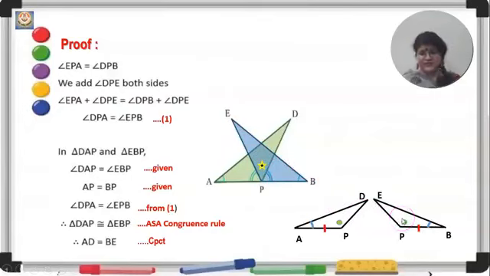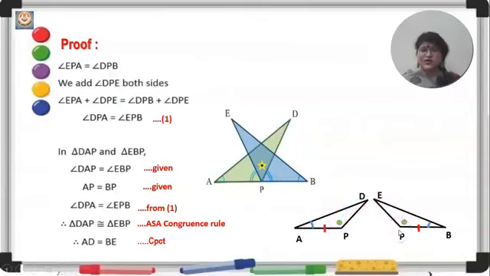I've taken it out here. This indication and this indication in blue is already given. They have also mentioned that PA is congruent to PB, and the other indication given is these two angles. But if you look carefully, these two angles, that is EPA and DPB, are not the elements of these two